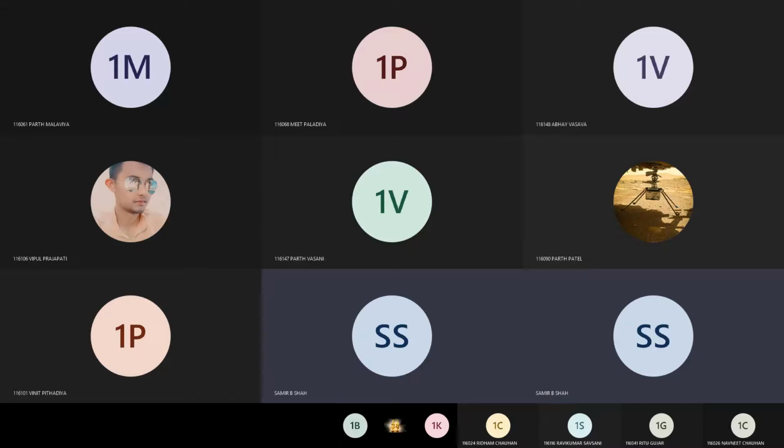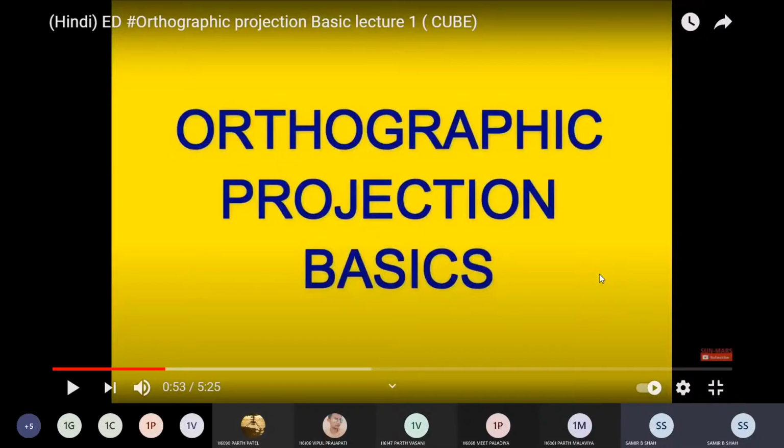That orthographic projection means the shape and size of the machine, which is in 3 dimensions. And if you want to convert it into a 2 dimension drawing, and that drawing should be put in the image point of view, then that 2D drawing is called orthographic. Okay, orthographic projection is the 2 dimensional projection method.